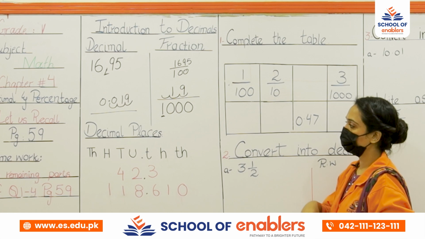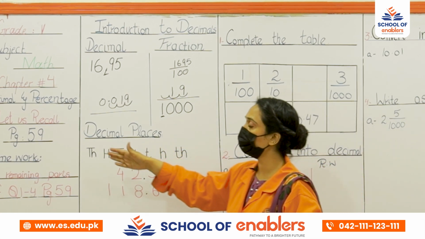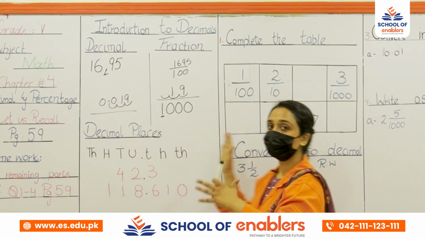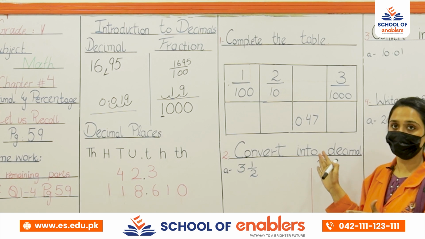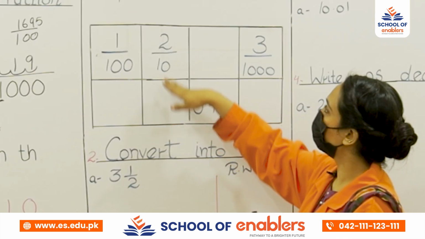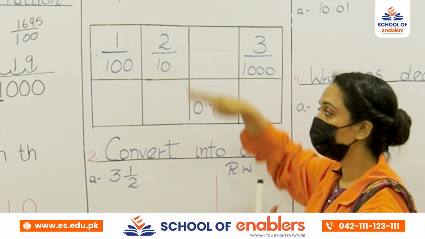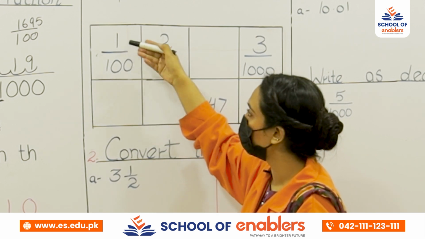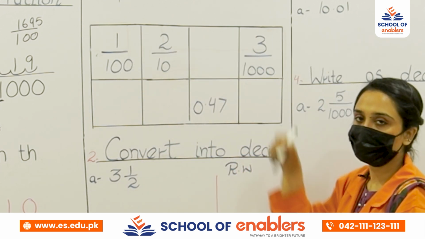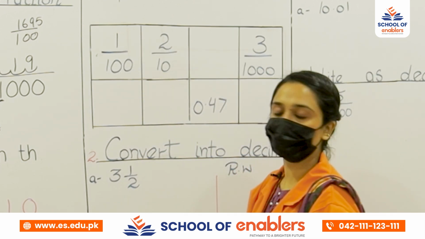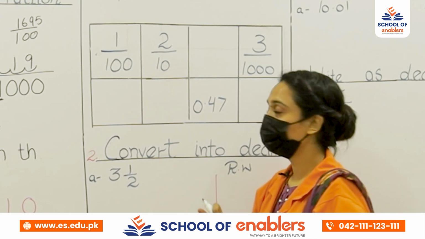After that, now on page number 55 we have, let us recall, these are the oldest concepts you have done in grade 4. So first of all, they said that we have to complete the table. In this, what we have to do is change fractions into decimals and decimals into fractions. So I think it's easy for us, you are masters in it. So let's start part 1.